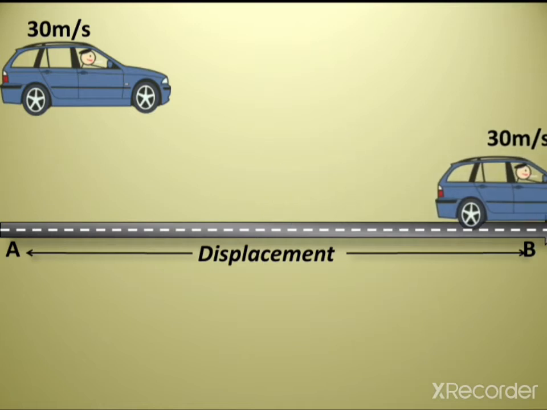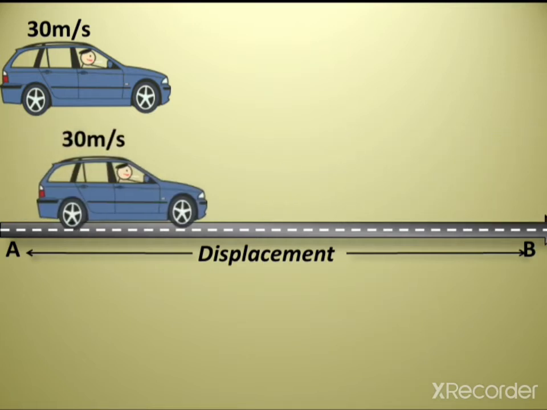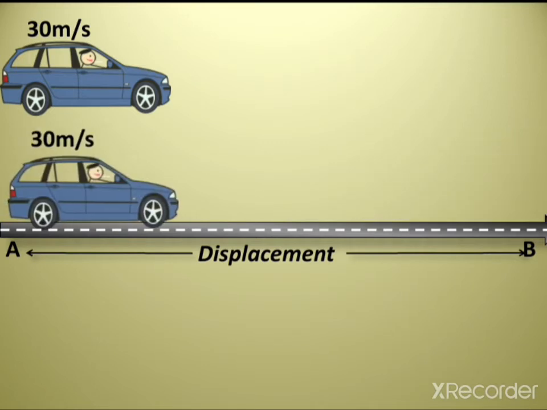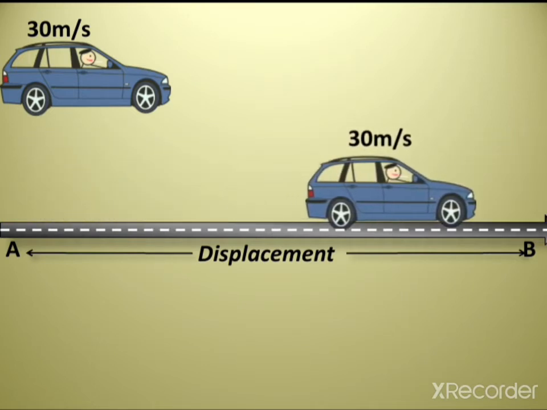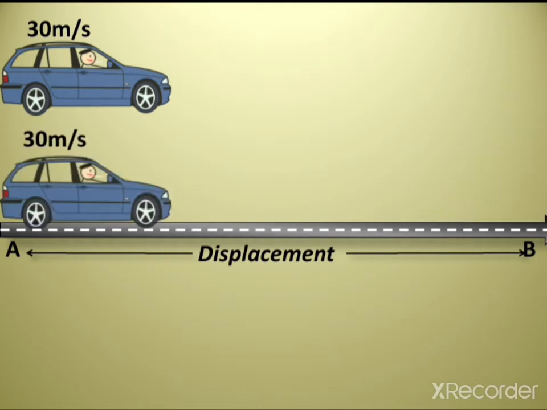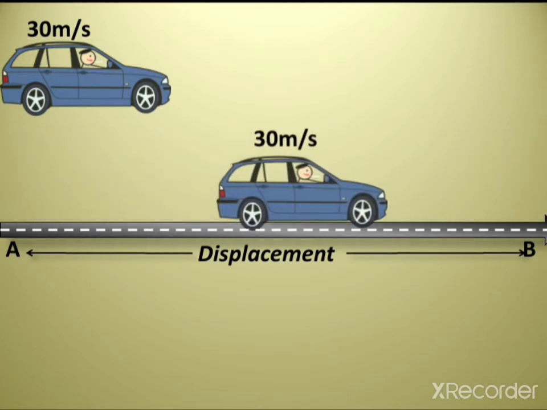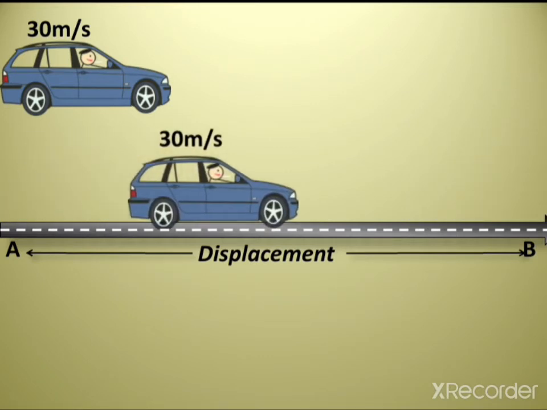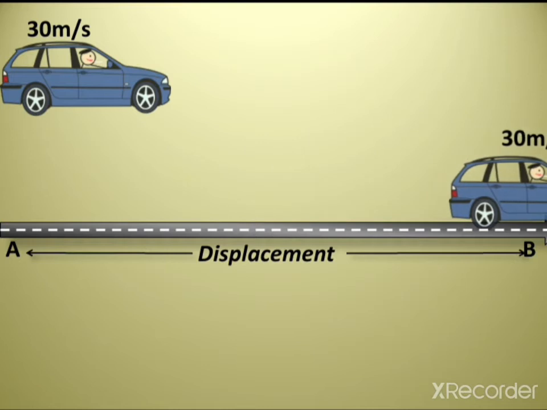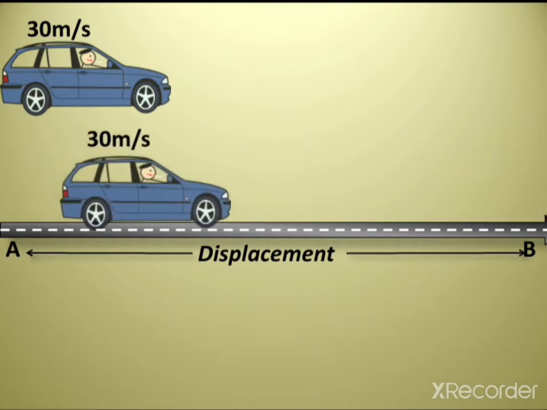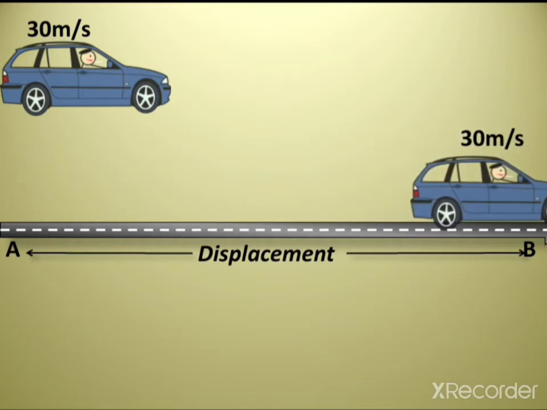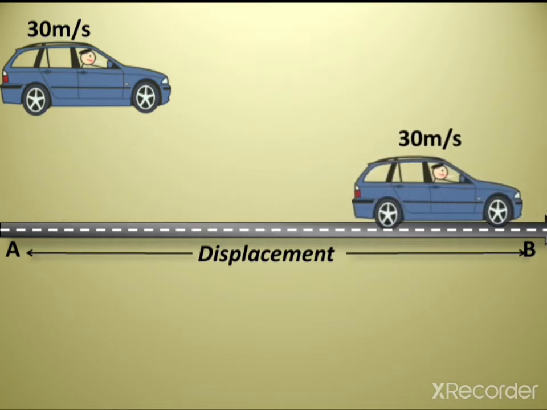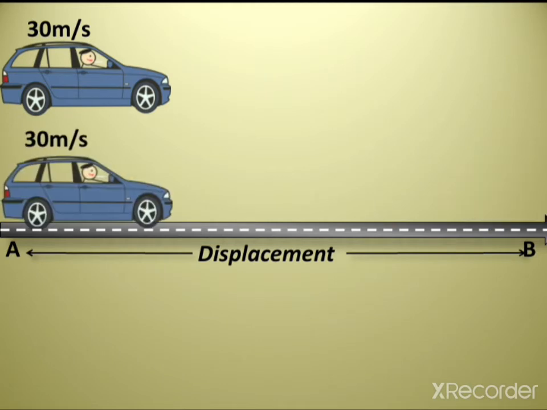So that's why displacement is a vector quantity. But distance is the total path length covered by the moving body during the entire journey from the starting point to the ending point. Distance is related with the path covered by the moving body, how it started from the starting point and how it arrived,